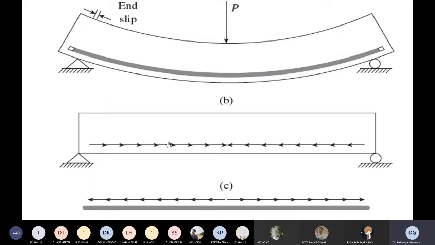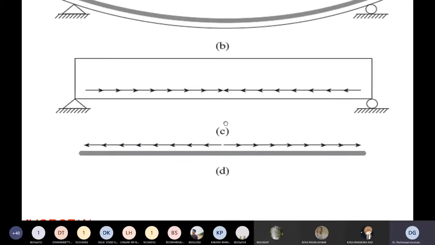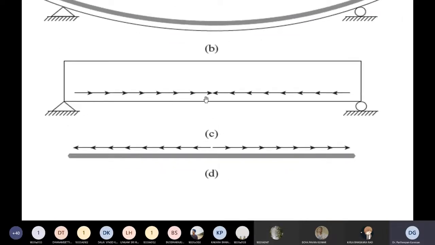Because it is a high yield strength deformed bar and it does not allow slip, the entire bar will be subjected to compression. It tries to come close to each other, but concrete does not allow. So that is why the steel will be subjected to tensile force. Now this tensile force will be converted to a compressive force at this point, because concrete is strong in compression. Concrete can take compression force. So if you see here, this concrete at this level is subjected to compressive force. The steel is subjected to tensile force.